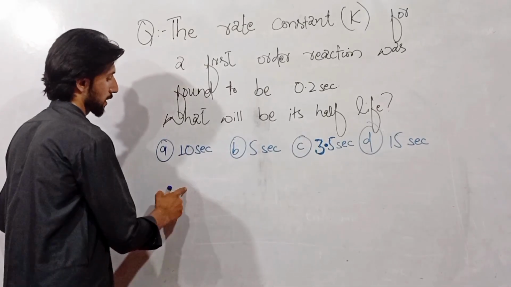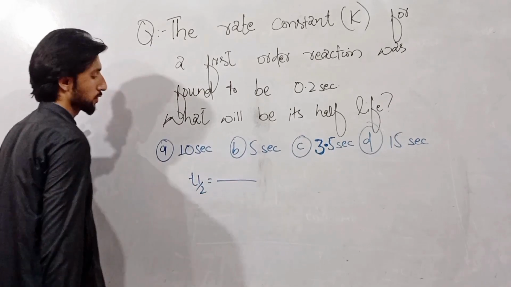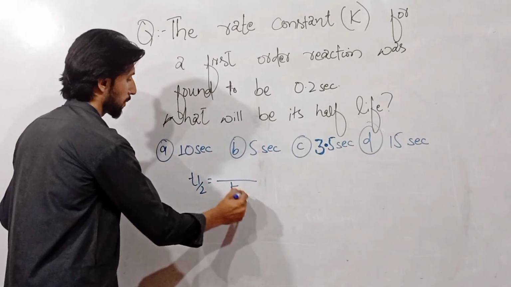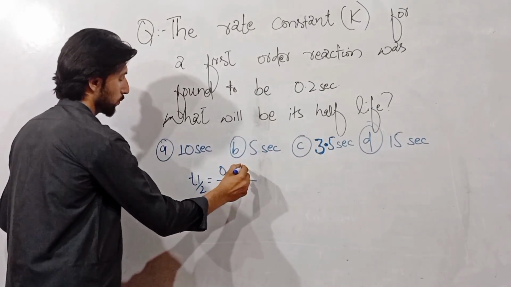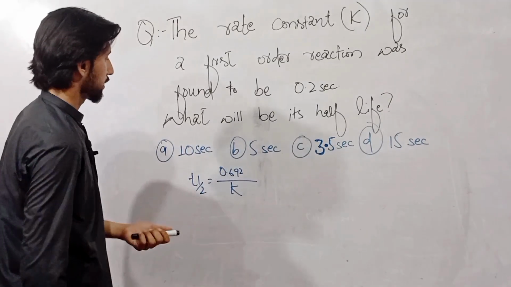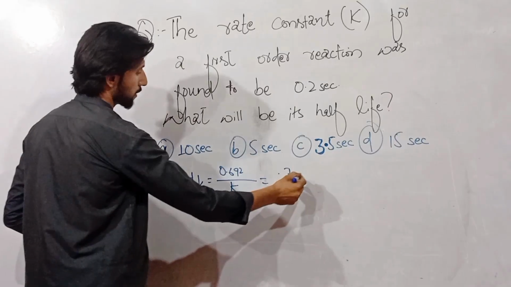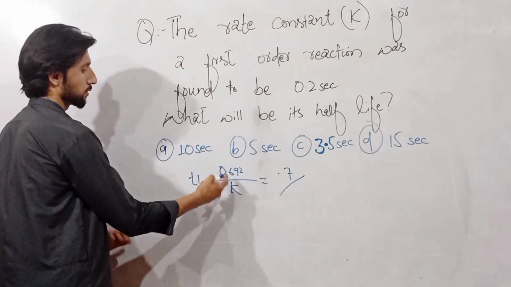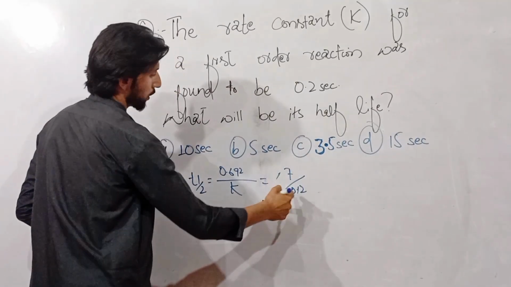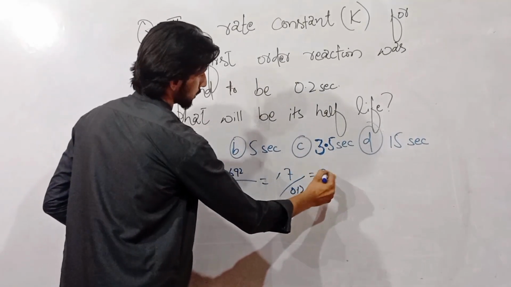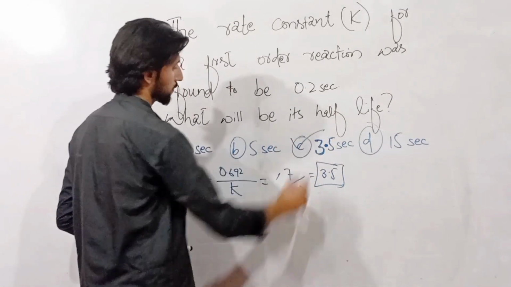As we know, the half-life of first order kinetics is independent of initial concentration. It depends upon the value of K. So it is 0.693 divided by K. We can round it up to 0.7. Now we have to divide 0.7 by the value of K, that is 0.2. So 7 divided by 2 is exactly 3.5. So we will get 3.5 seconds. So half